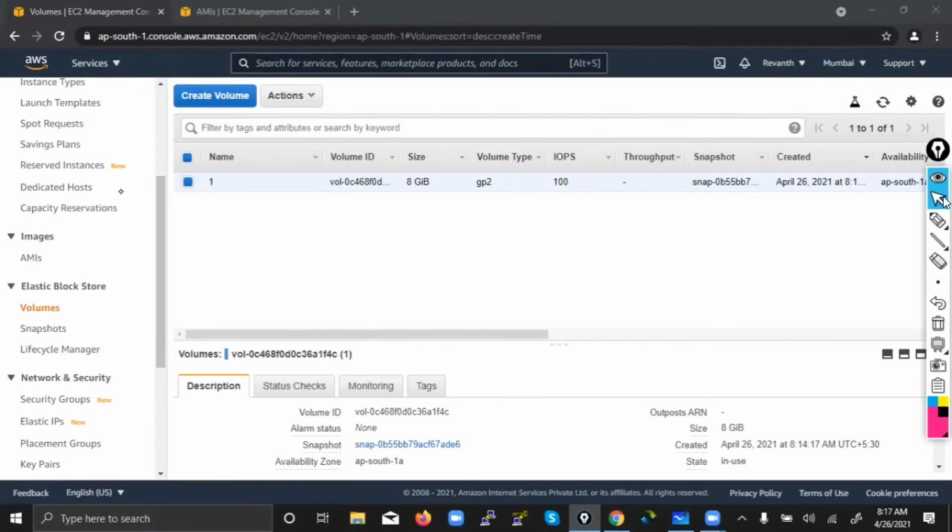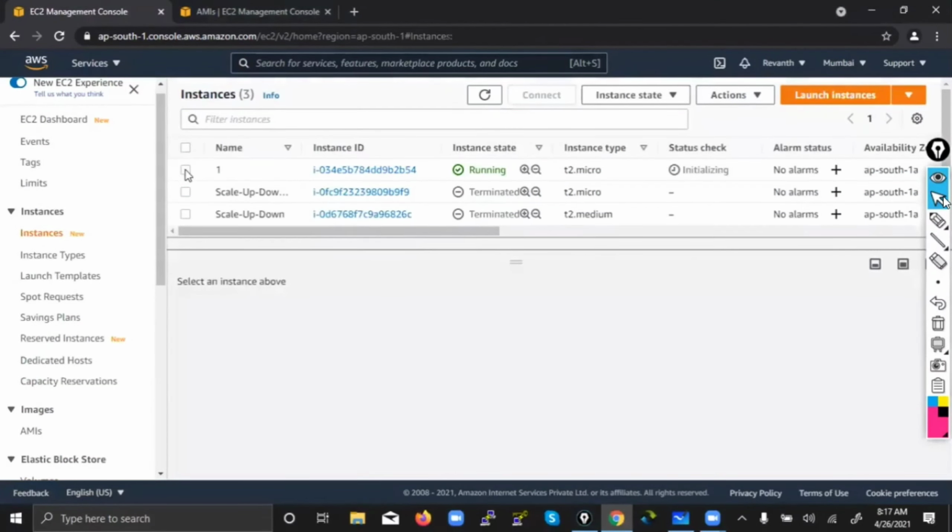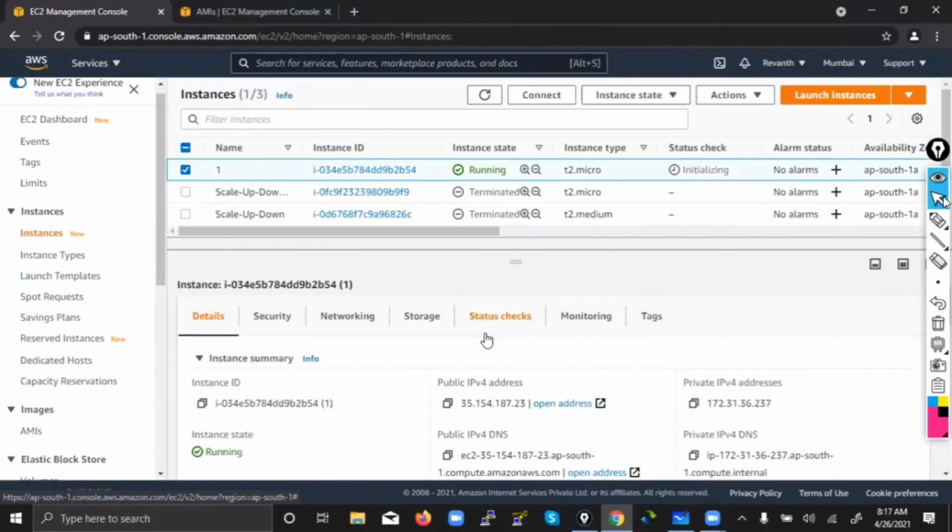So what do we want to do now? Let's assume this machine number one has 10 softwares inside, and your friend in Singapore said, Revant, I don't know all the Linux commands, I don't know how to fire Linux commands and install 10 software. So you just give me something, I will launch my machine. Whenever I launch my machine, automatically in that machine the 10 software should be there. So you know the concept. What do we have to do now? We have to create the